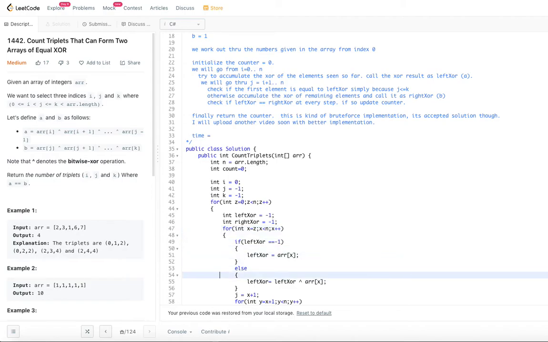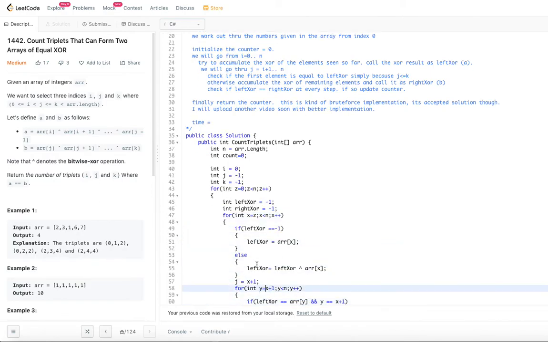And there is another one which is from x plus 1 to n, right? So this is like a split for loop. Basically we are going from 0 to some number, and from some number plus 1 to n. So that is a split for loop basically.